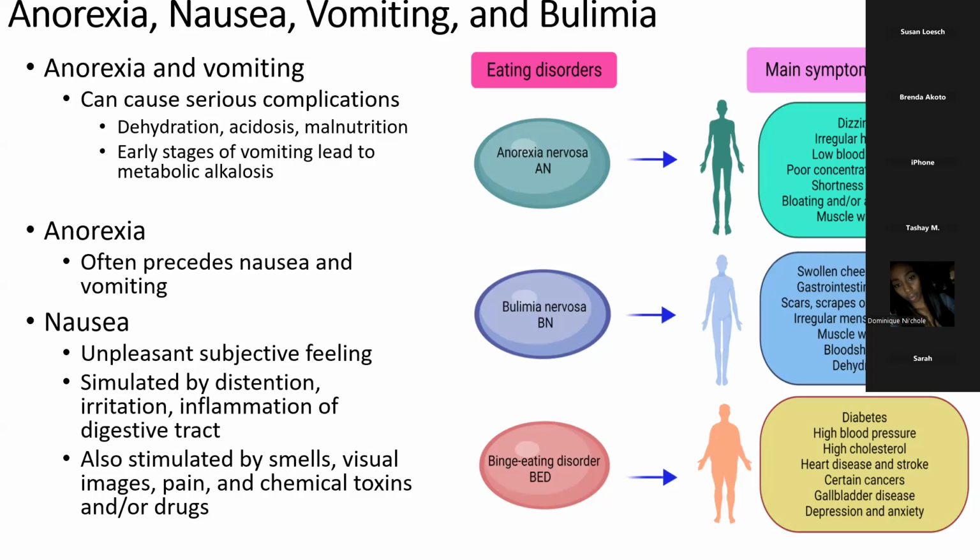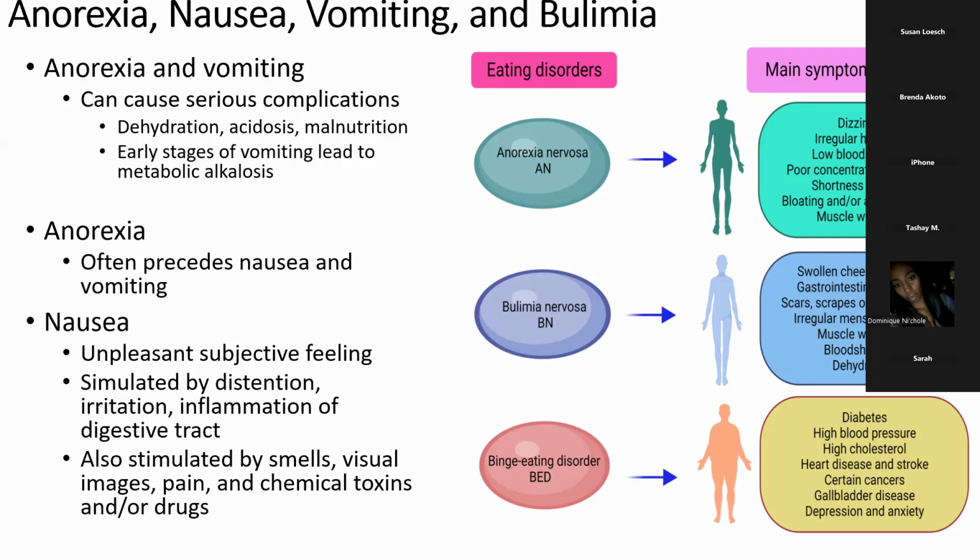If it's continuous, then it can lead to things like dehydration, acidosis, and malnutrition. Now, in the beginning stages, you'll have metabolic alkalosis. Why? Because you are throwing up the acids, the hydrochloric acid, and you're getting rid of that potassium as well, right? Yes. Okay, so now